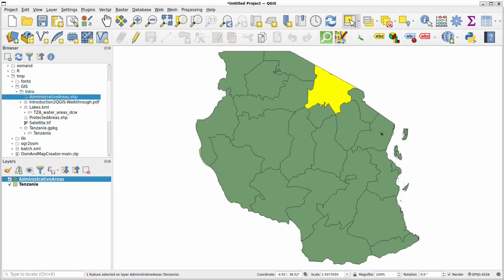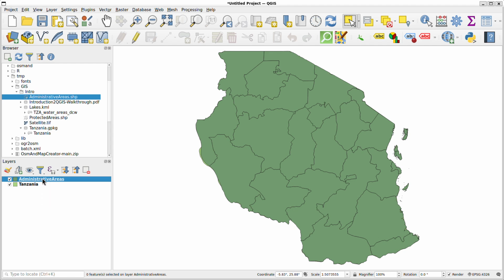I can select or deselect layers within the map so that I can interrogate and understand what's there. Okay, now I've got two layers, but now I can't see the layer underneath. Okay, what I want is to just show the borders and then see through to the underlying nice